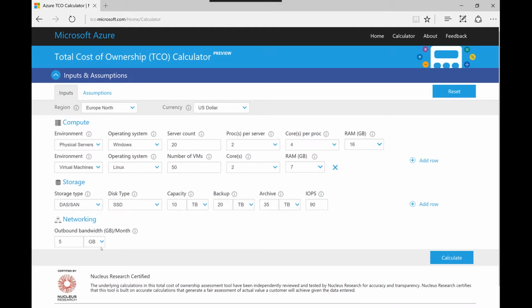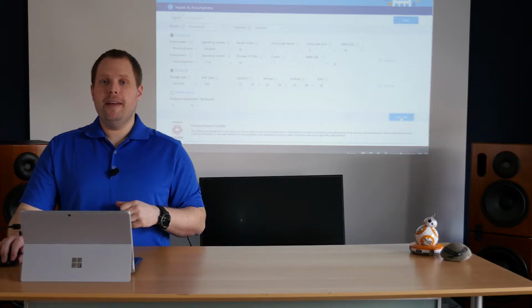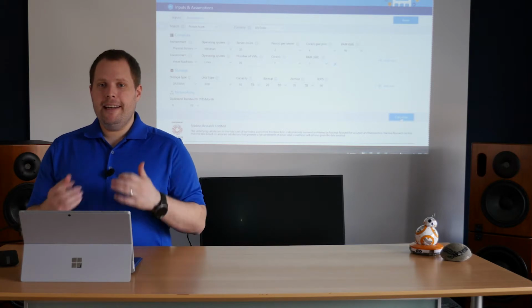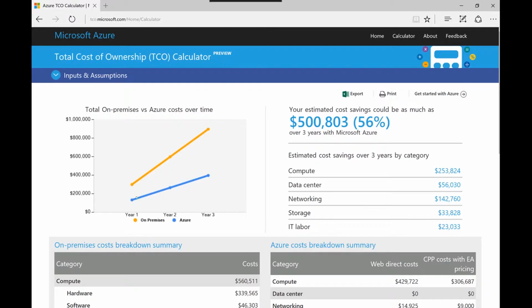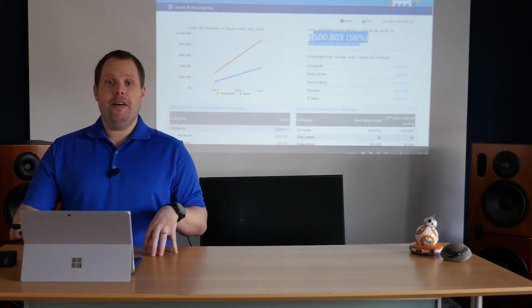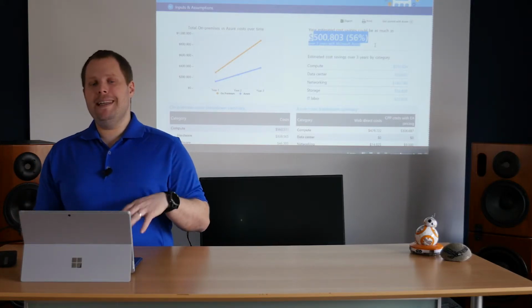Then we have the outbound traffic, and let's go with a terabyte just for the heck of fun. I click calculate, and now the total cost of ownership calculator does its magic. So you see Azure, the blue line, and your on-premise. And you see that it says over 3 years, I could have a possible savings of $500,000 when I put the environment, just as I put it, into the